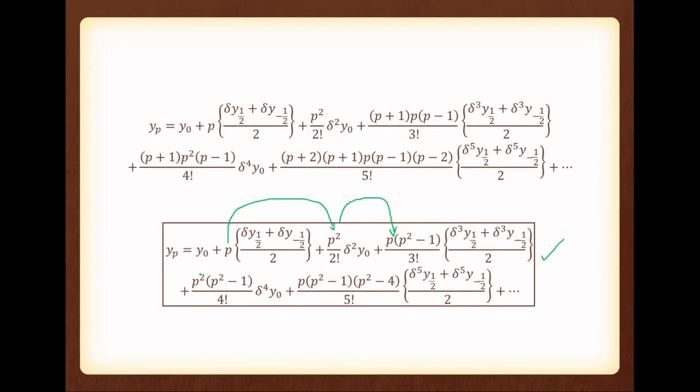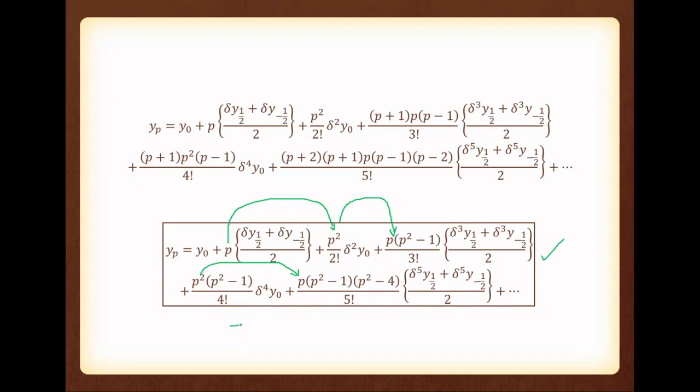Now what do we have to do? Again one p is removed. Then copy that p square minus 1 outside. Then add one more term, that is p square minus 4. This term is copied here, p square will become p, and one more term is added, p square minus 4. So like that way it will go. And what about the denominator? The denominator of this p is 1 factorial, this is 2 factorial, this is 3 factorial, this is 4 factorial, this is 5 factorial.